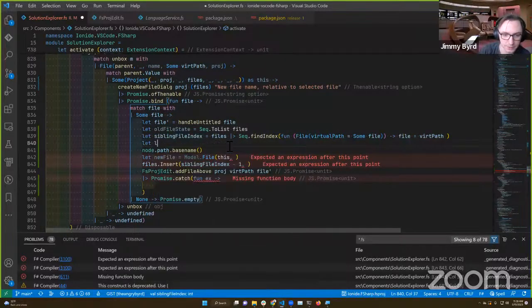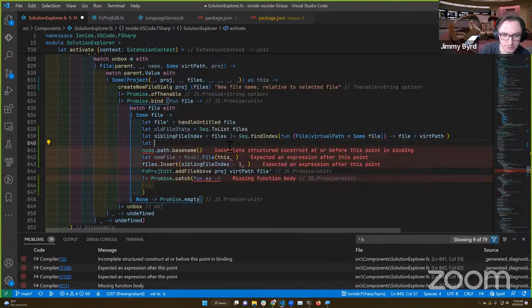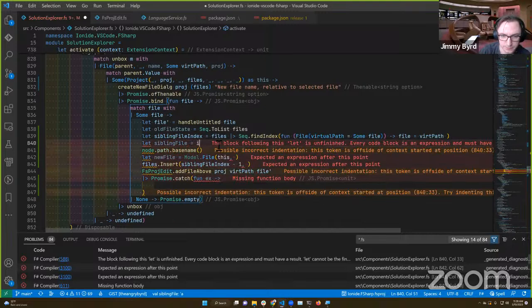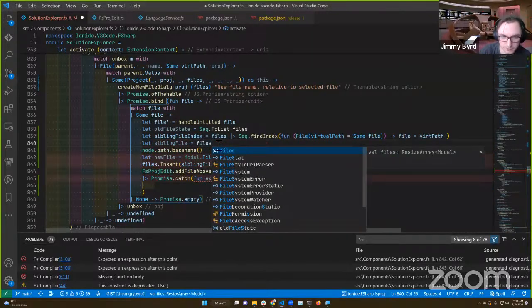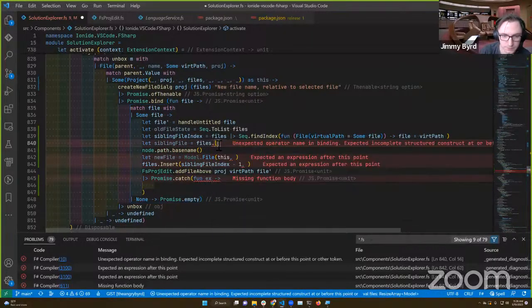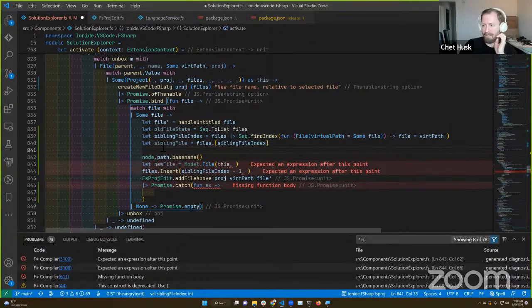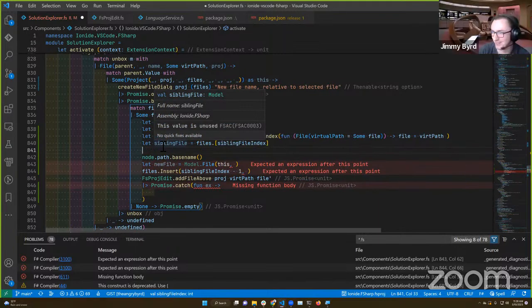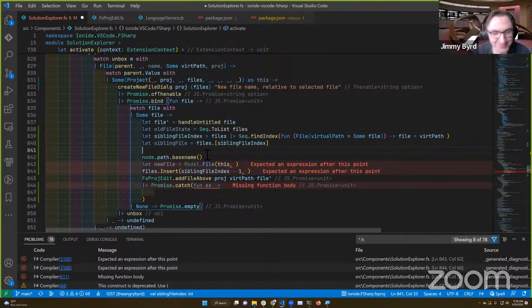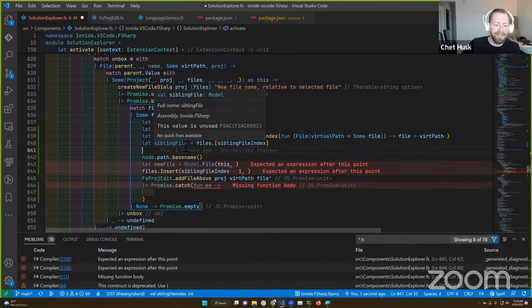Again, error handling later. And then let's say let sibling file. What is this dot index nonsense? Error handling later. Rolling old school. Okay, yeah.